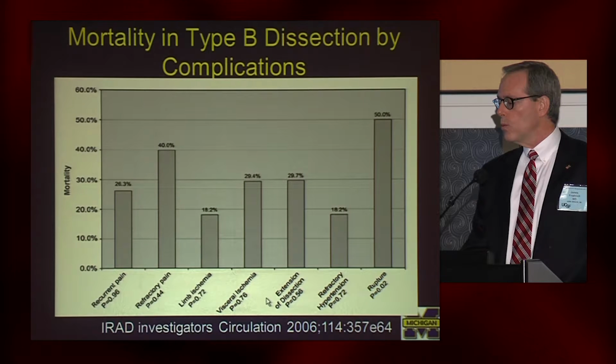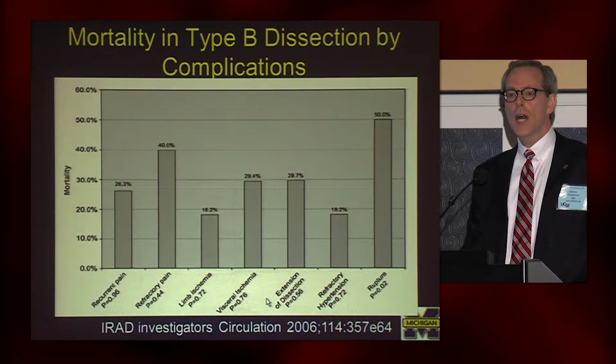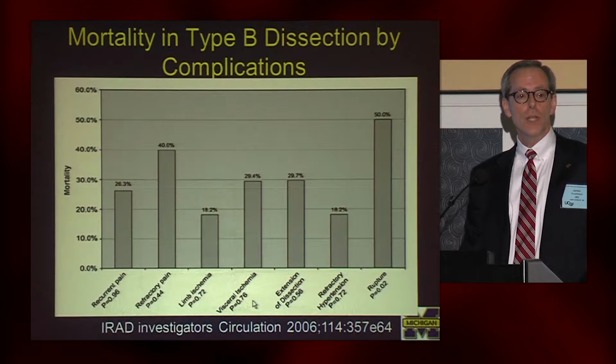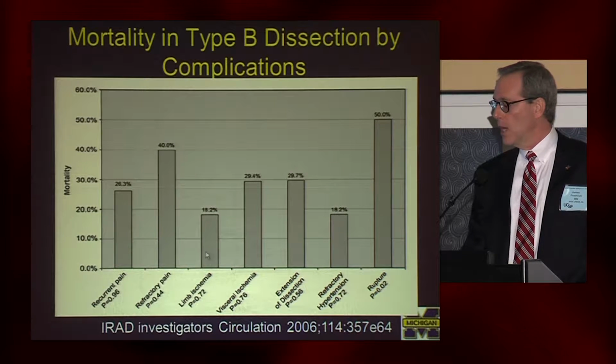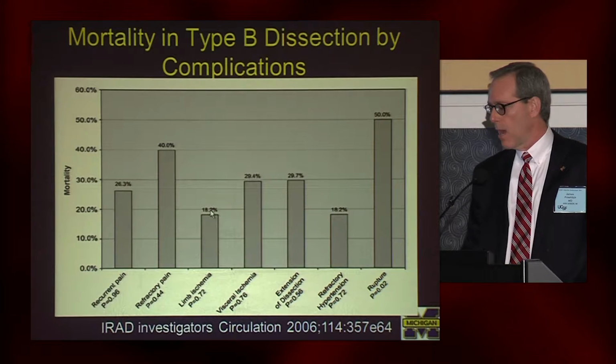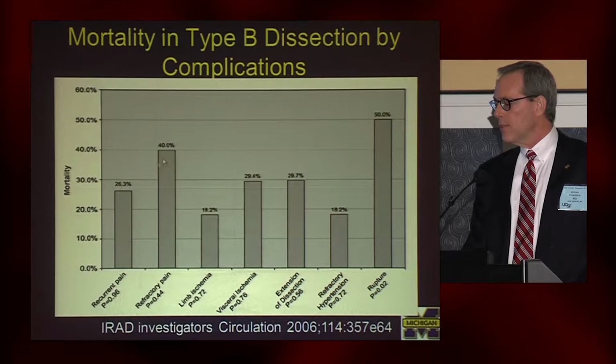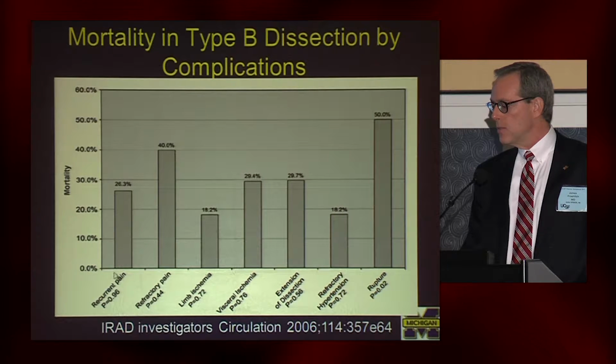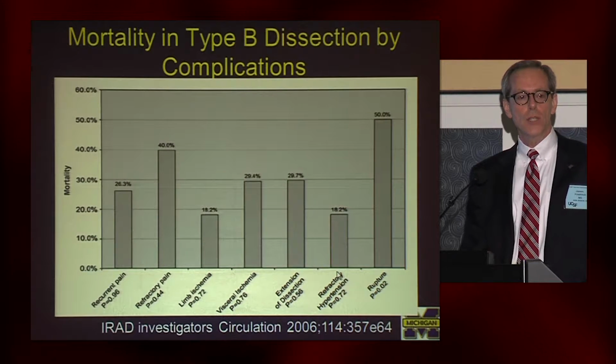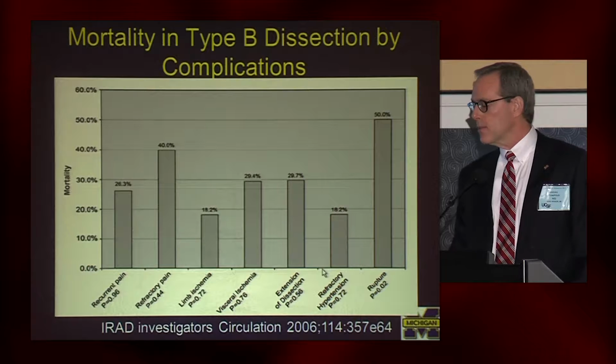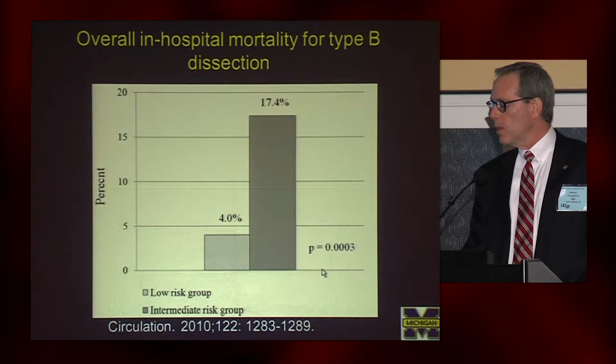More than a decade ago, we confirmed some of the adverse outcomes that are seen in patients with type B who have complications. And this stands to reason. If someone has limb ischemia, visceral ischemia, or frank rupture, obviously the mortality is going to be striking. And in all of these groups, it's at least double the average and maybe higher. What was fascinating and continues to be fascinating to me is that refractory pain and refractory hypertension alone are significant negative prognostic factors. In the subsequent paper, we drilled down on this in much greater detail.